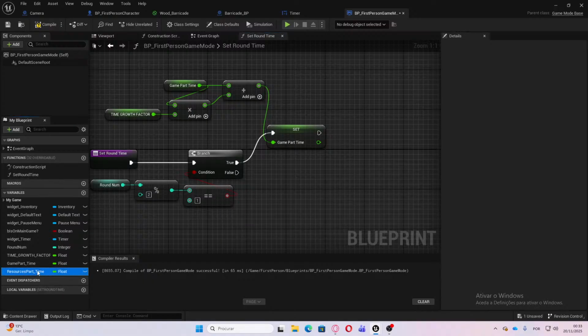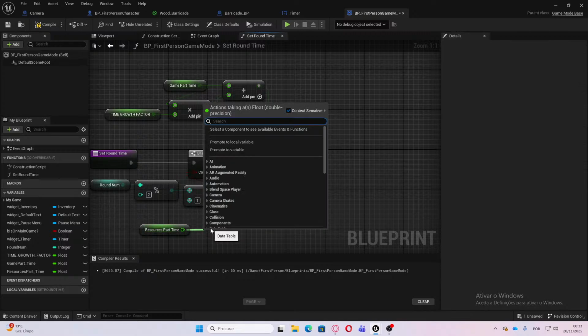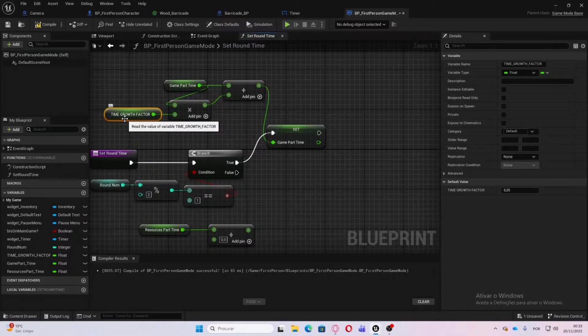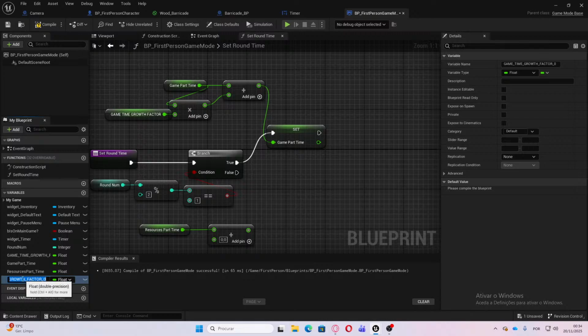But if it's even, I'm gonna go to the resources part time and add time growth factor. This should be like game resources time growth factor. Then we duplicate this and we set these as